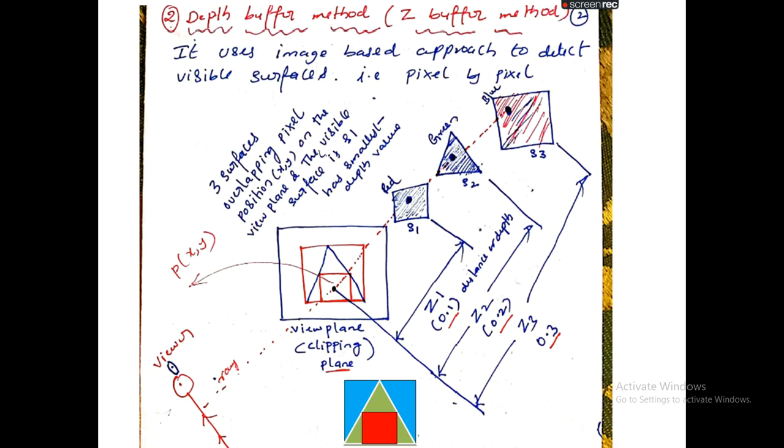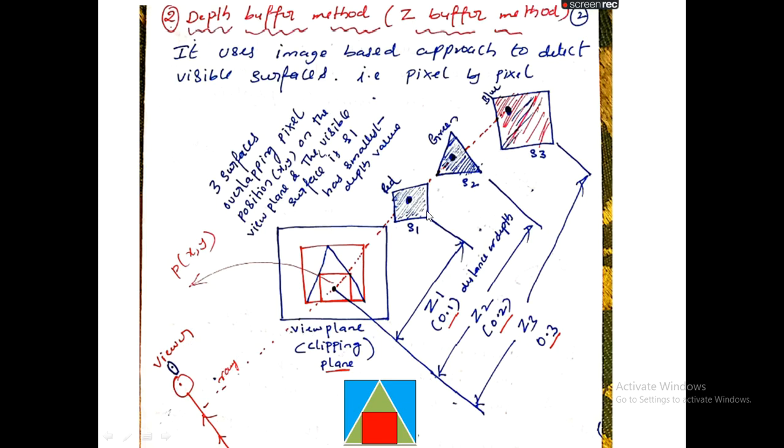So when the observer is viewing these three surfaces, the question is which surface is visible to the observer and which part of the surfaces is hidden from the observer. Hidden means not visible to the observer or viewer. We need to determine those things. Now assume that we are the viewer.